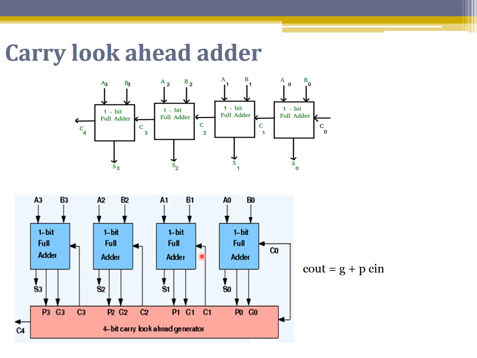So we can observe here the new expression for Cout we are going to use is G plus P Cin. We can observe that now your Cout will not be dependent on the previous carry, and sum will be P XOR Cin in this case. So how is it going to work?